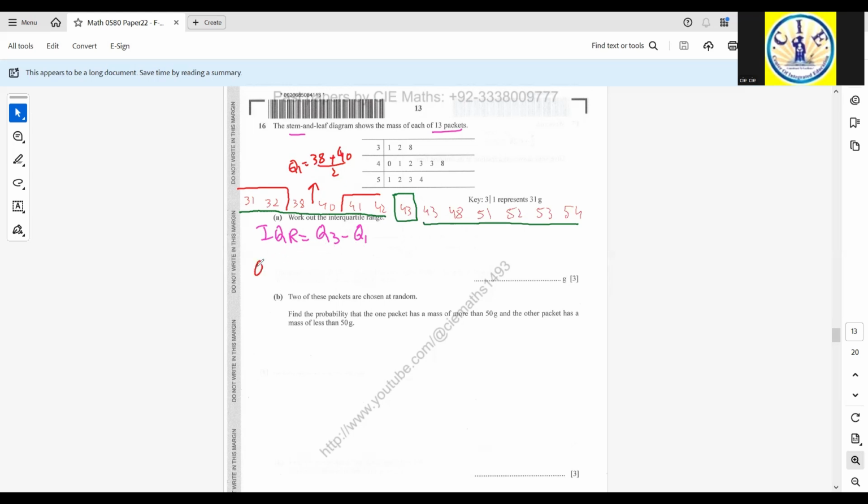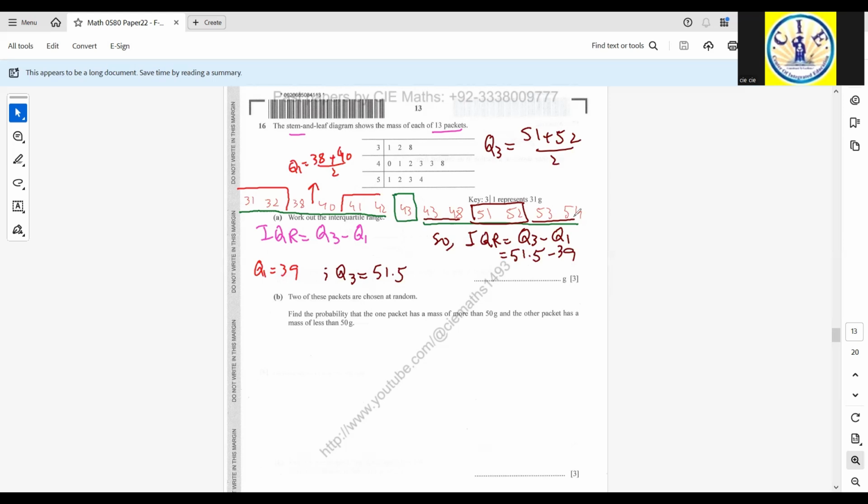So Q1 is 39. For Q3, leaving these two and these two, Q3 is 51 plus 52 divided by 2, that is 51.5. So the interquartile range is Q3 minus Q1, that is 51.5 minus 39,